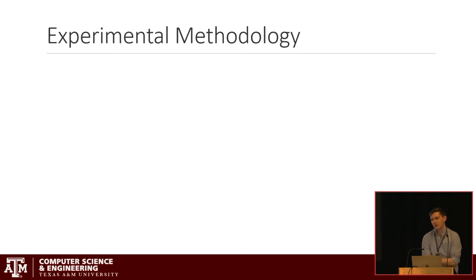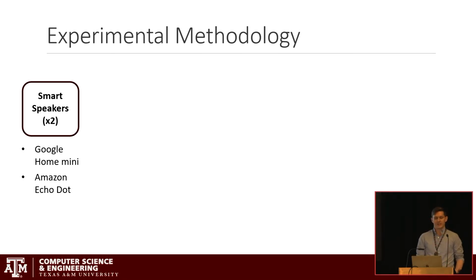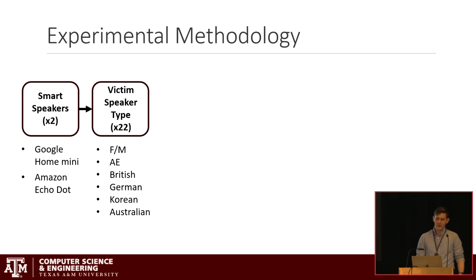So our methodology was to create this attack through experiments and demonstrate using over-the-air instances. Firstly, we looked at 2 instances of live smart speakers. We used a Google Home Mini and an Amazon Echo Dot. And since we're looking at potential bias exploitation and the effect it can have in this attack, we consider multiple